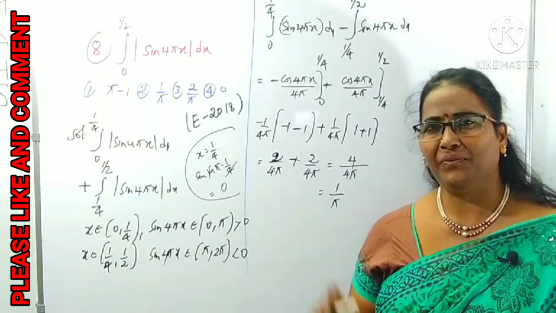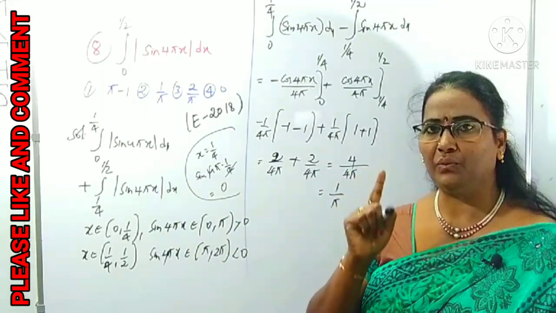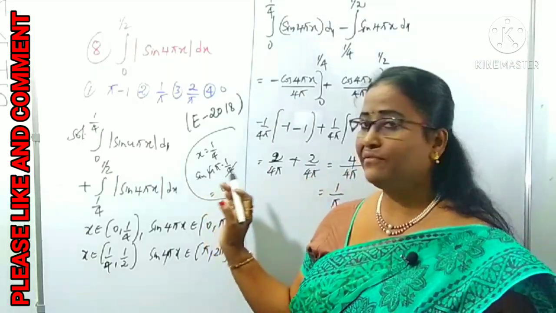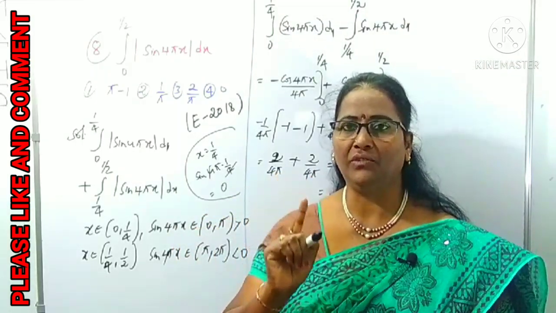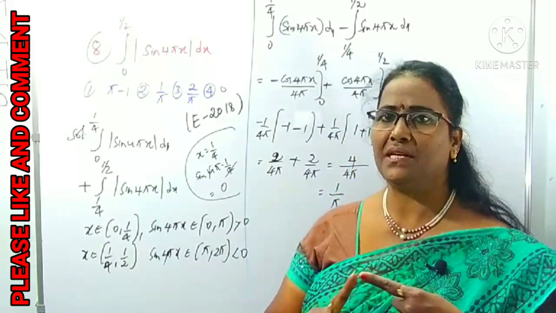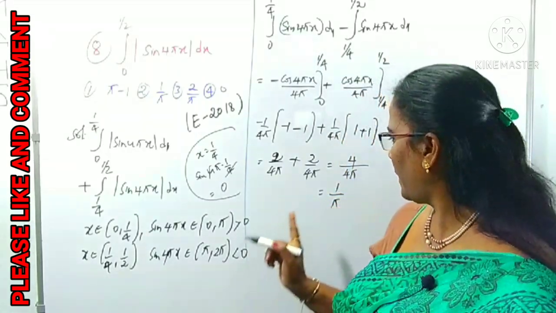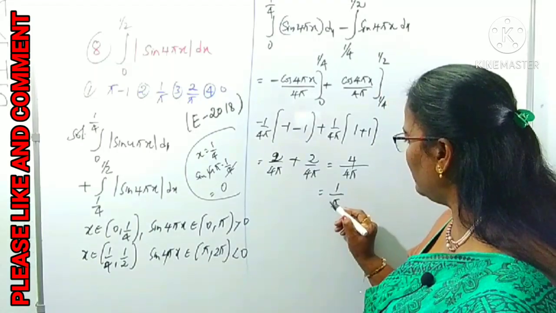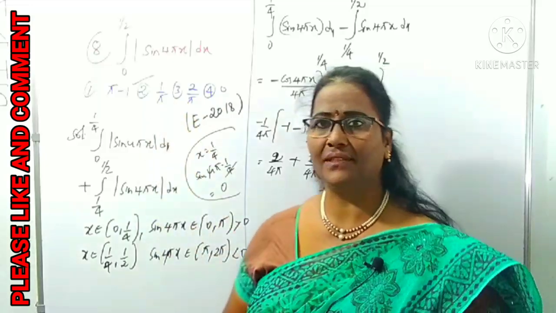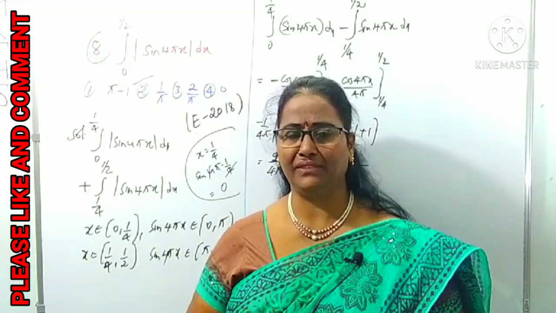Right? Simplification we can do, but even though I am doing the total simplification because you have to know what the final result is and what we have to take care of, that is also important. So, application of limits is very, very important. Right? Now, 1 by pi is our required result. Which option? Yes, it is clearly the second option. Clear? Now we can come forward.